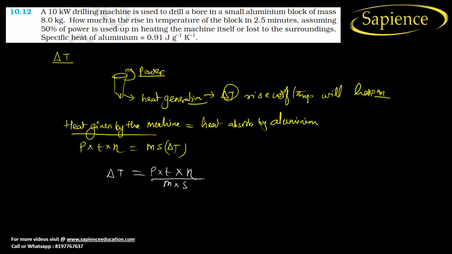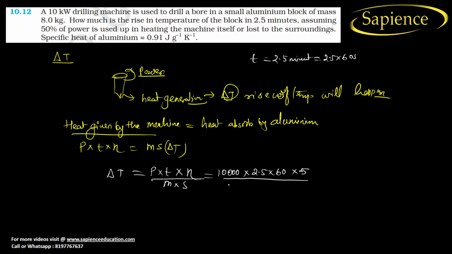mass into specific heat. Now the power is 10 kilowatts, so 10 kilowatt means 10,000 watt, into time. They have given time as 2.5 minutes, so this will be 2.5 into 60 seconds. So this will be 2.5 into 60 into efficiency. Efficiency is 50%, which means 0.5,